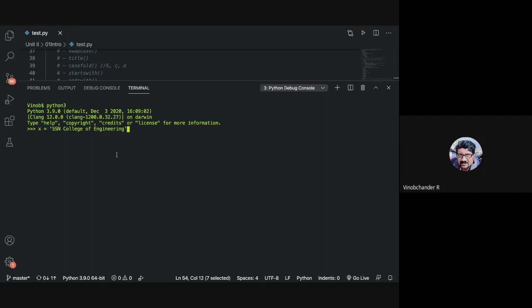For slicing, you make use of the index operator, just like you can use the index operator to retrieve any particular item. When you say index zero, you get the first letter. These things we know already. We make use of the index operator to get an element from the sequence. Here in this case, our sequence is the string.